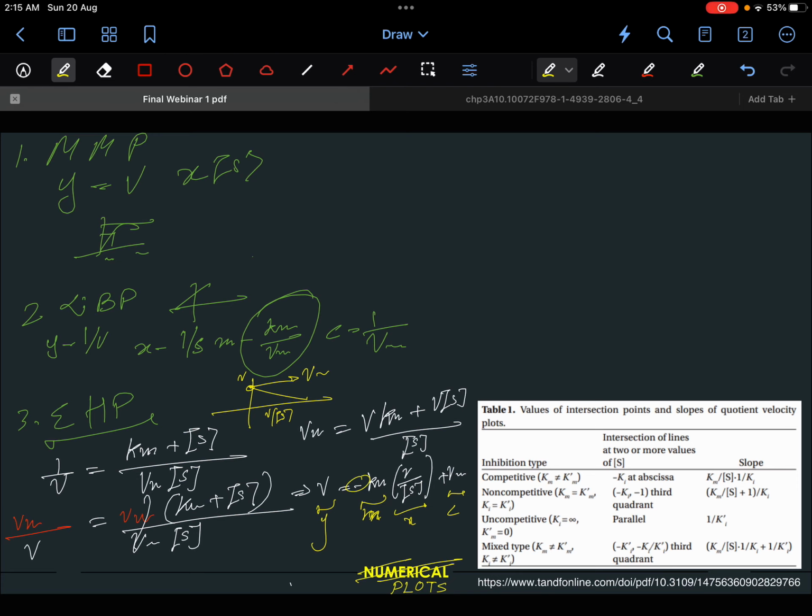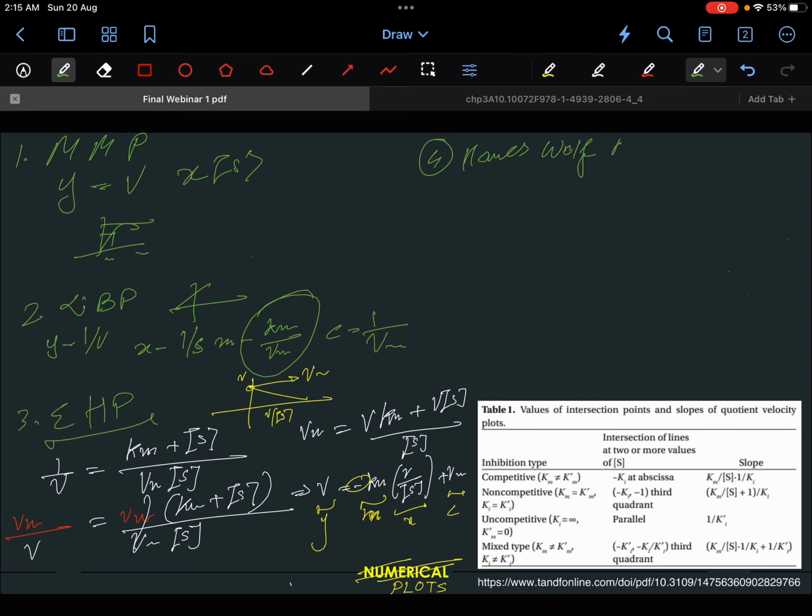Mostly they ask this: they will give a graph and you will have different y coordinate and x coordinate, and then they will ask which graph is this, Eadie-Hofstee or Hanes-Woolf or Lineweaver or something, or Dixon or anything. Okay, so the next one is, I already took the name,